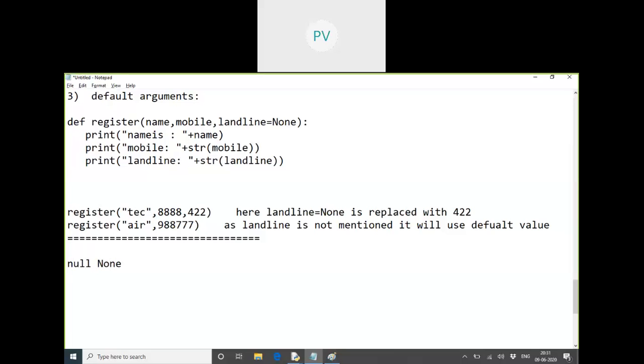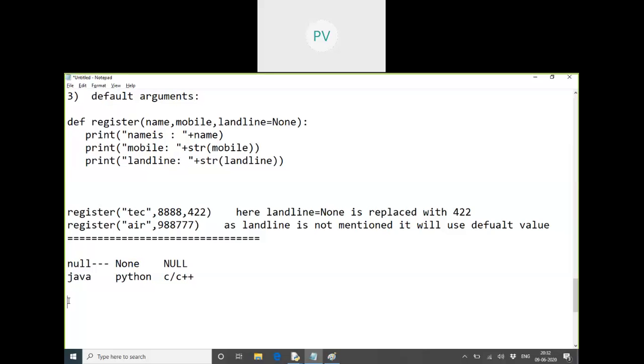Null is in Java or other languages. So this is what in Java we used to use. This is in Python, the same thing in Python is none. Okay, ma'am. Same thing in C languages, null. This is in C or C++. Fine. These are the keywords. The keyword to represent nothing in Python is none.